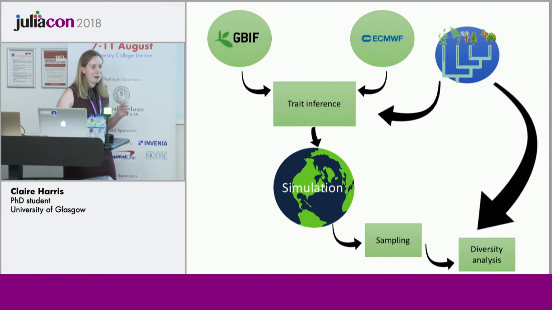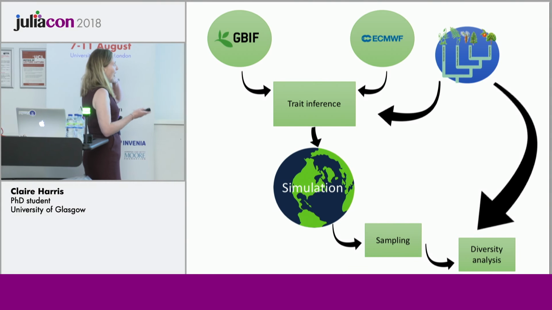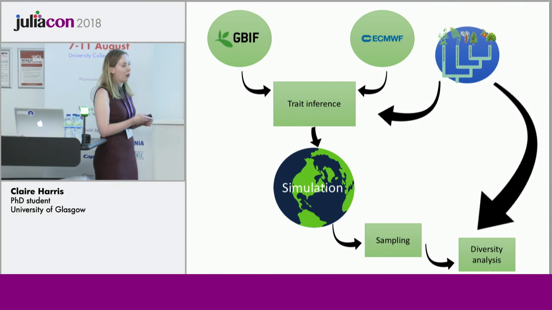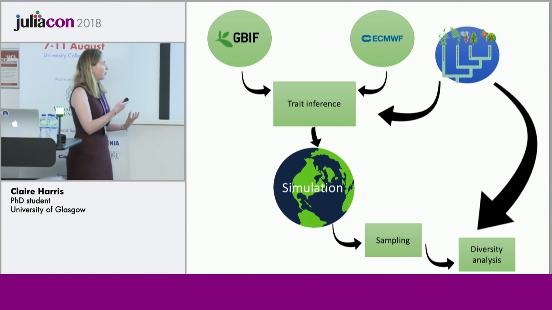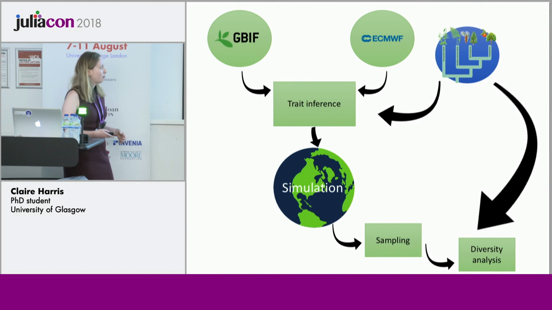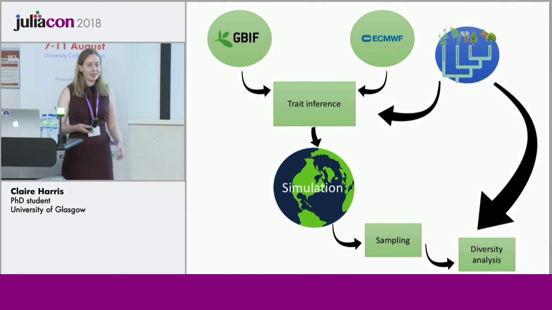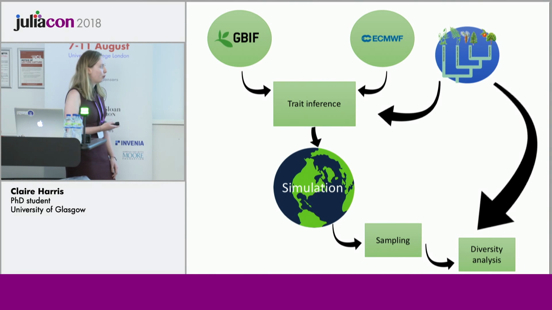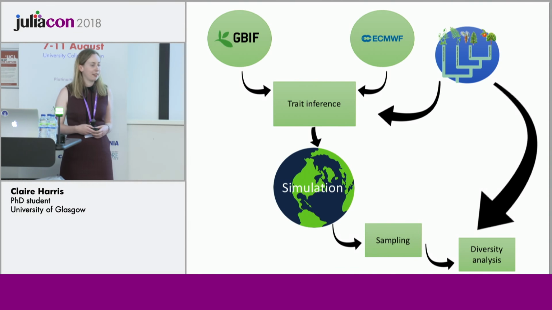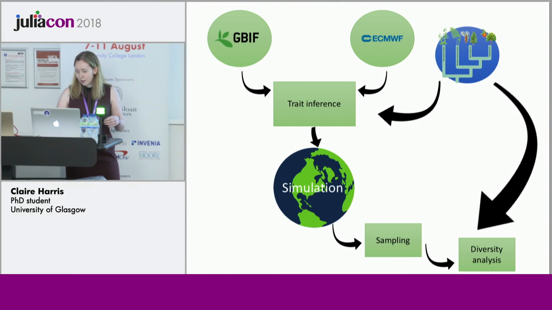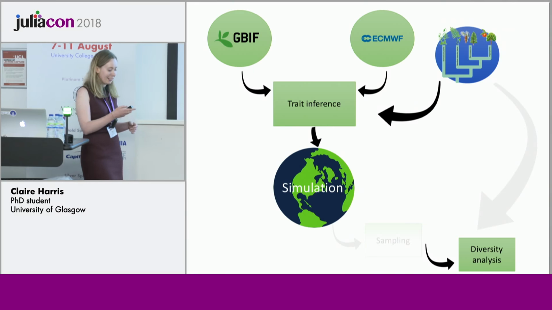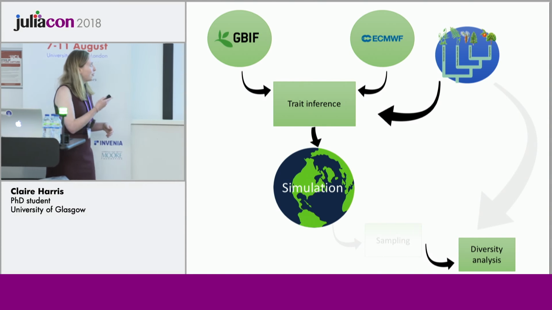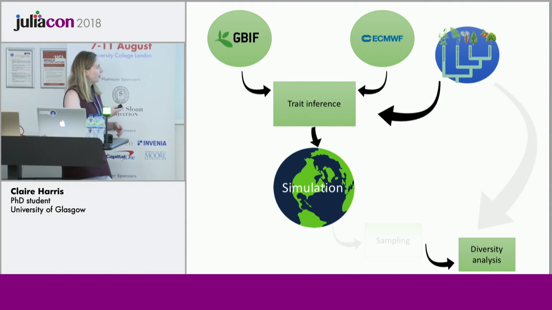So then we get to my master plan, I suppose. I've talked through this part about blending these pieces of information to infer the climate preferences for all of these species. And then we're hoping to move on to feed all of this data into our simulation models and then really start to ask the questions that we're interested in. So if we have poor sampling, can we still pick up anything from these biodiversity measures? I'd say I've got about this far, which is good because I've only got just over a year left of my PhD.